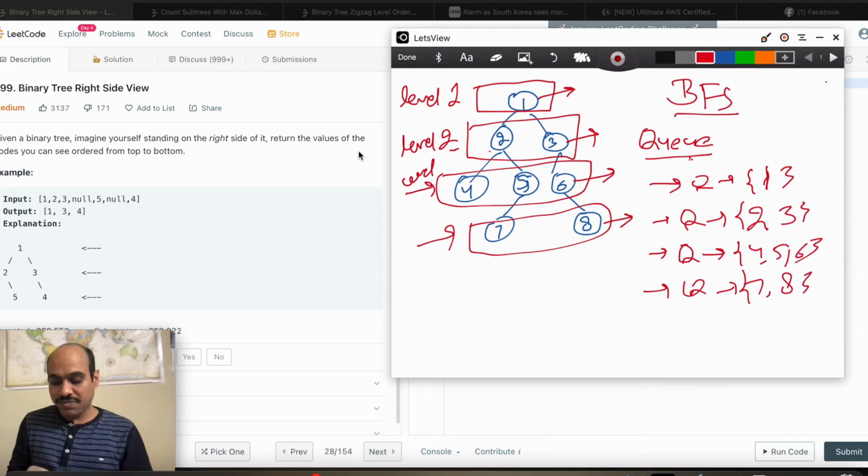And once you know that each level's queue contains some values, and if you have been asked to create the right side view, you just have to take, yeah, you guessed it right, the last element in that queue. So here you will take the last element, it will be 1. In this level it will be 3, in this level it will be 6, and at this level it will be 8. So your final answer will be 1, 3, 6, 8.